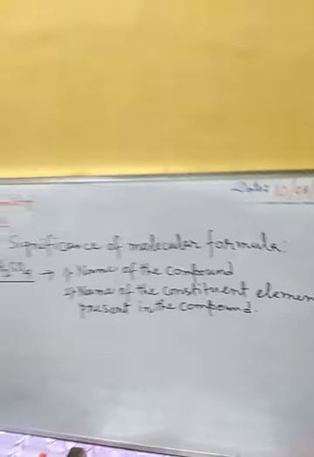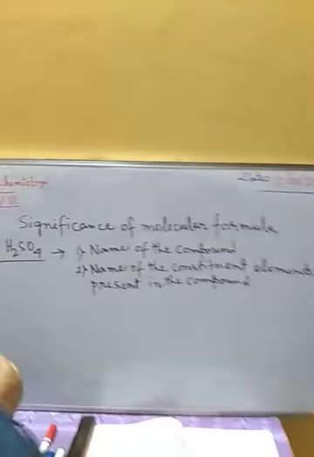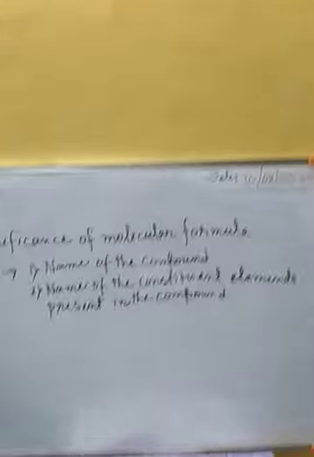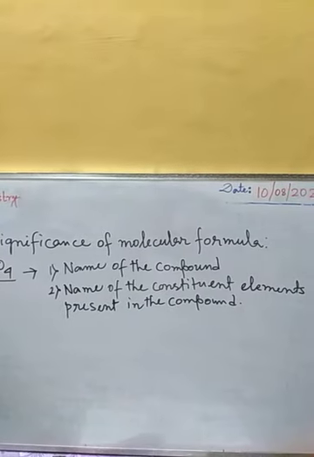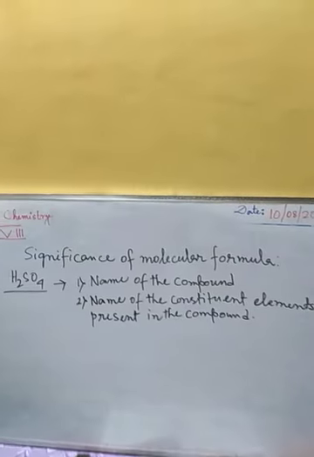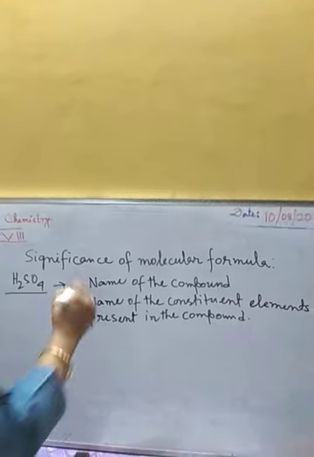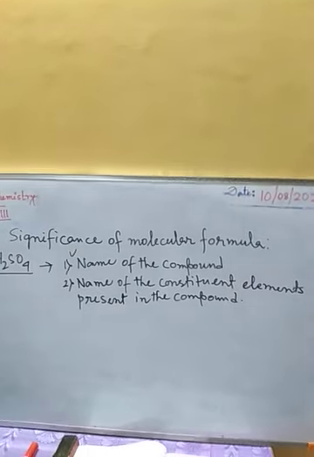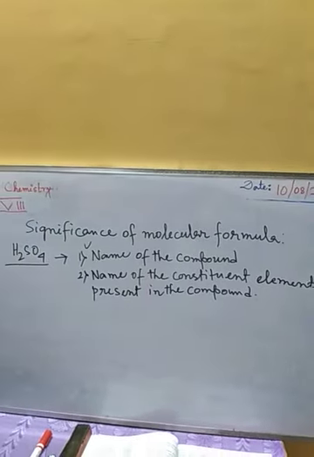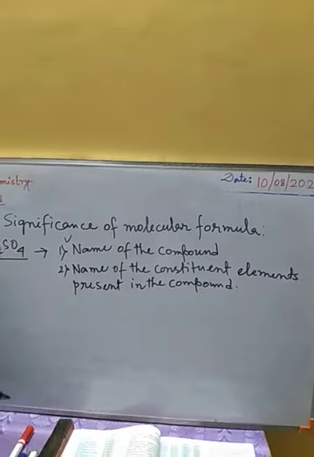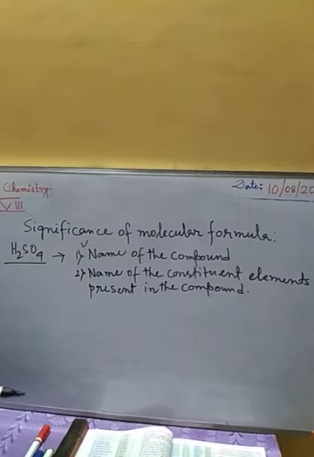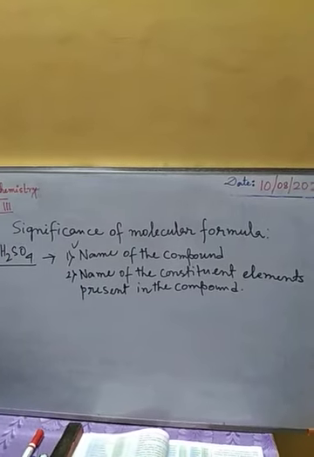This also we can get from the molecular formula. Here, from the formula of sulfuric acid, first of all we get the name, that is sulfuric acid. Then we can understand that in sulfuric acid, hydrogen, sulfur and oxygen, these three elements are present. Okay, next,